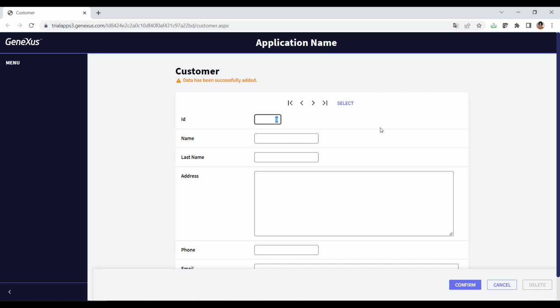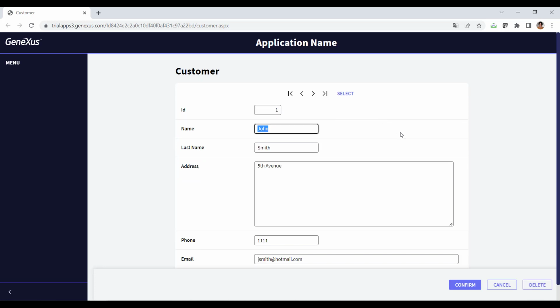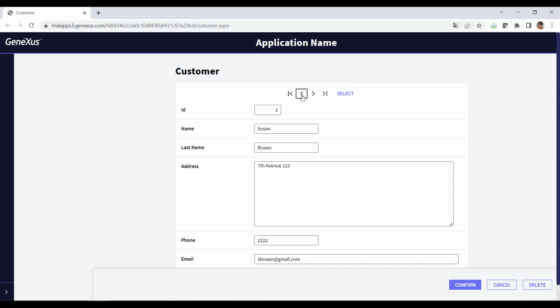To look for John's details, we enter his customer number, 1, and press the Tab key. We can see that John's full details are displayed, and that from here, we could change some information like his phone number. Also, we could even delete customer John from the customer records using the delete button. We can also use these buttons in the upper section to browse customers by going to the next, or the previous one, the first one, or the last one.